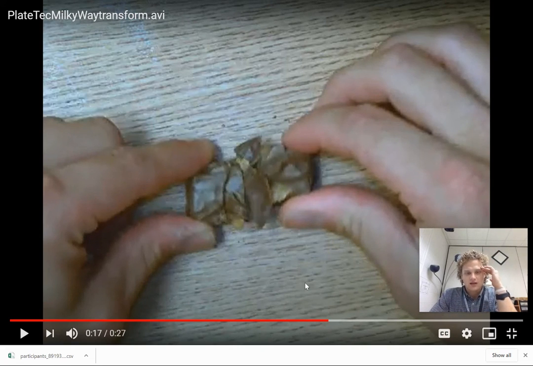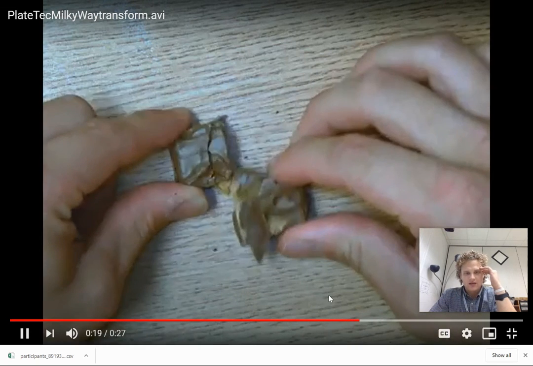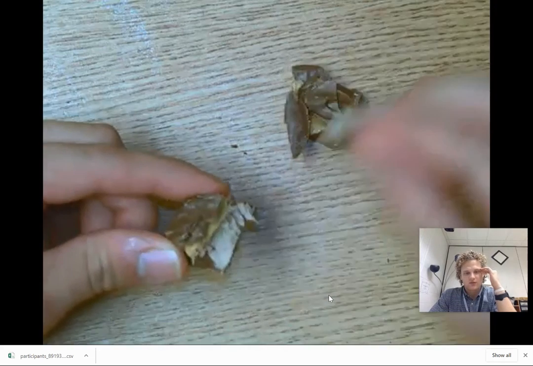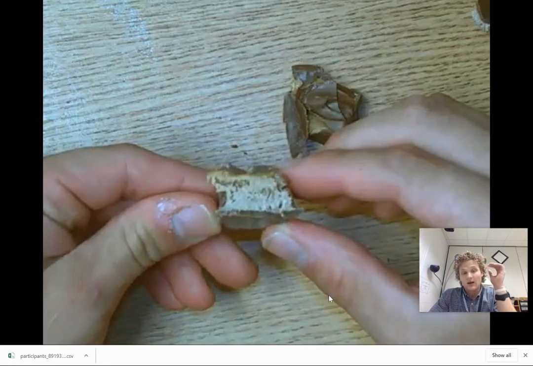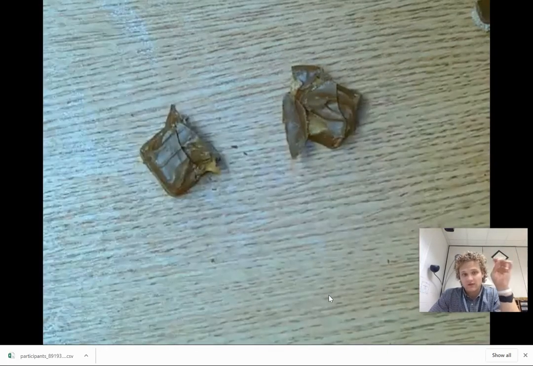And so this is trying to show that sliding motion and what I want you to remember for transform plates. But you can see how a quick movement can create a huge shift in the